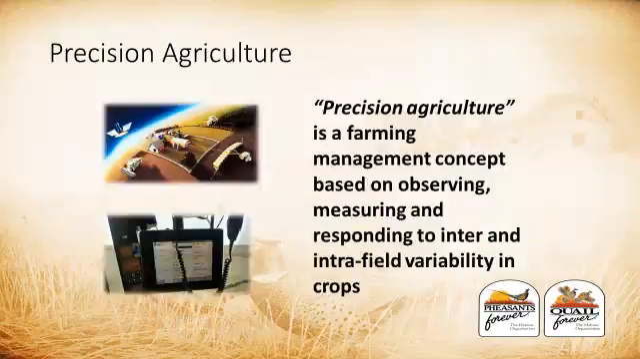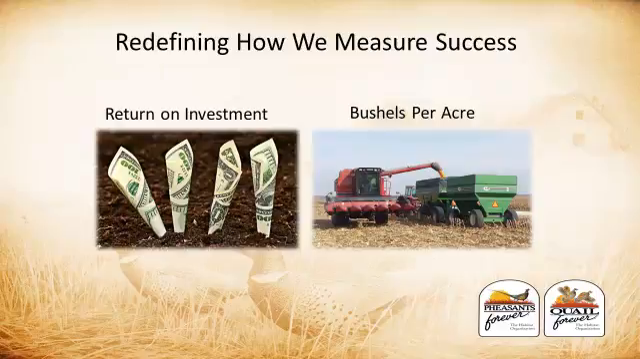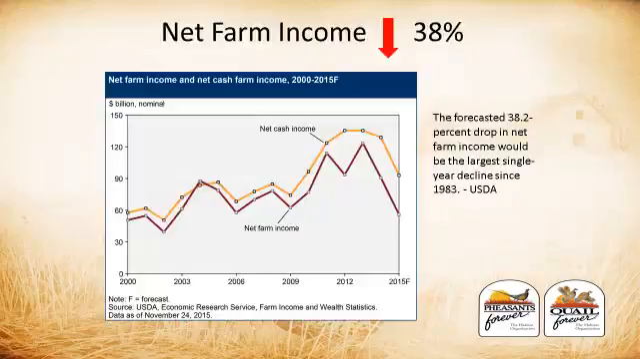So first off, when we're talking about precision ag, everybody's got a different definition of what precision ag is to them. For me, it's simply an acre-by-acre approach to farming. You need to look at every acre as almost its own business, so to speak. You want to make every little acre profitable. So we can look at it as return on investment. We're talking about bushels, but either way you want to go,